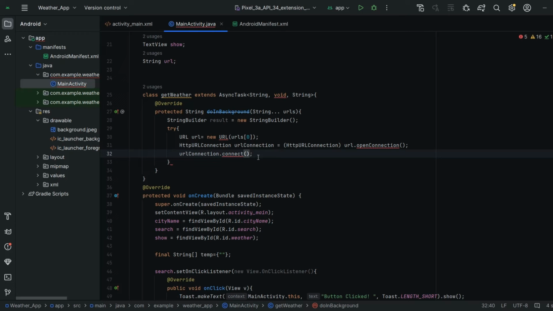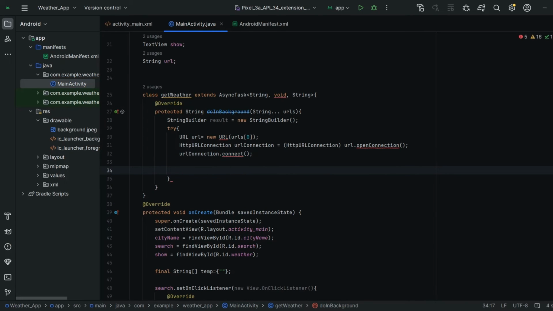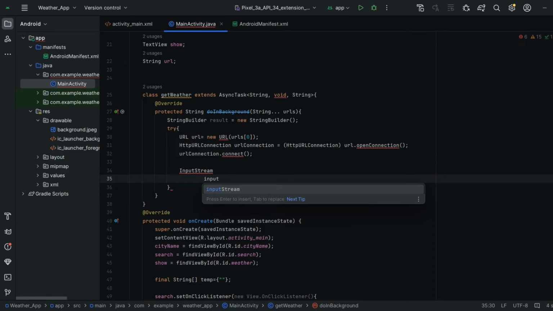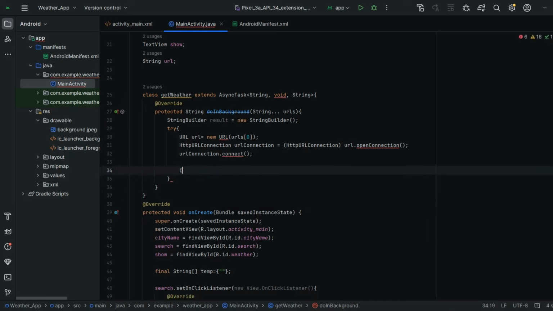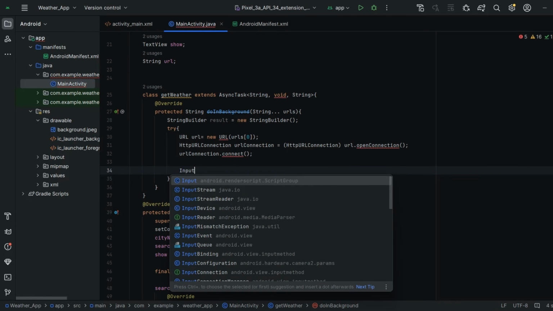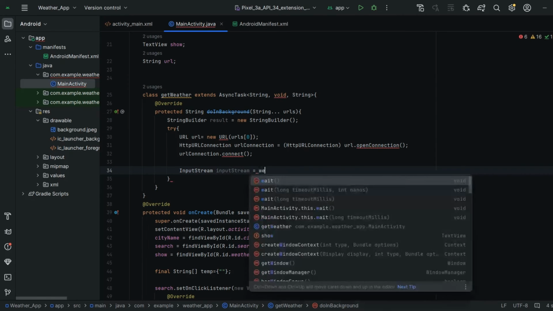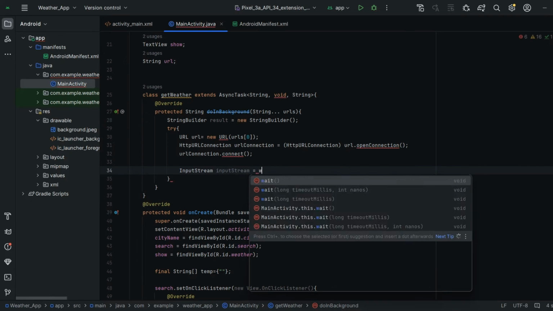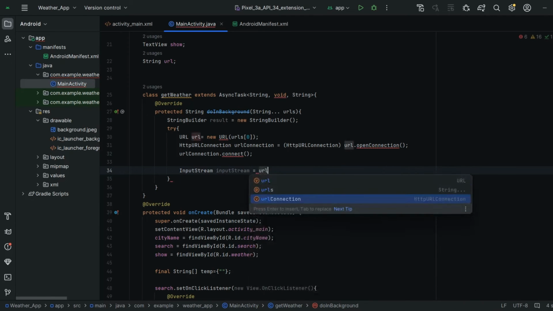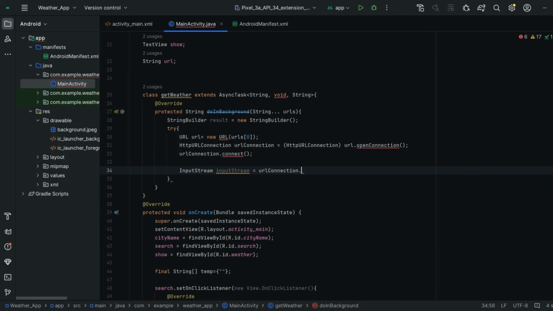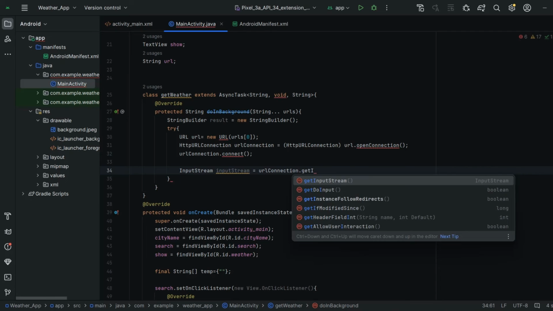Next, I'm going to read the input, guys. So for that, InputStream. I'm going to name it inputStream is equal to urlConnection dot getInputStream.